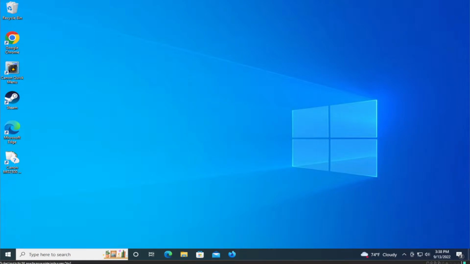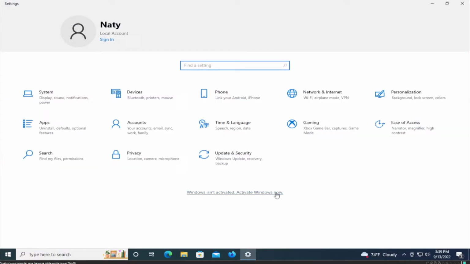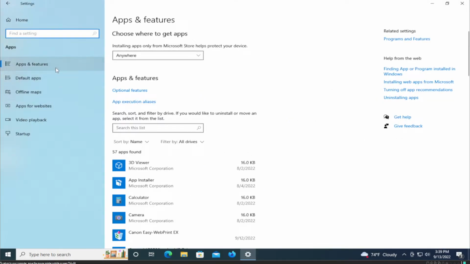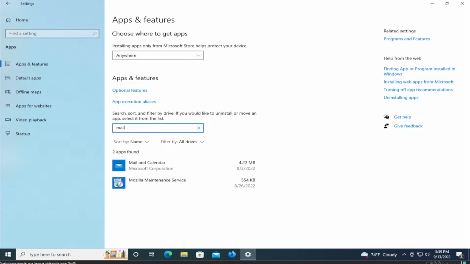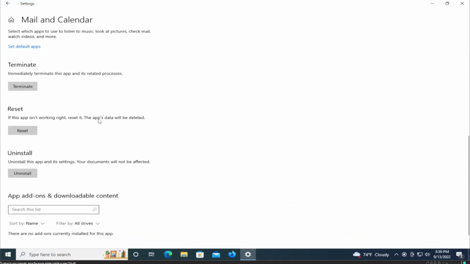In today's video, I'm going to show how to reset your Mail app in Windows 10 and Windows 11. The first step is to go to the Start menu, type settings, hit enter, and select Apps. On the left side, select Apps and features and type mail. Click on it and select Advanced options, scroll down, and click on the Terminate option, then click on